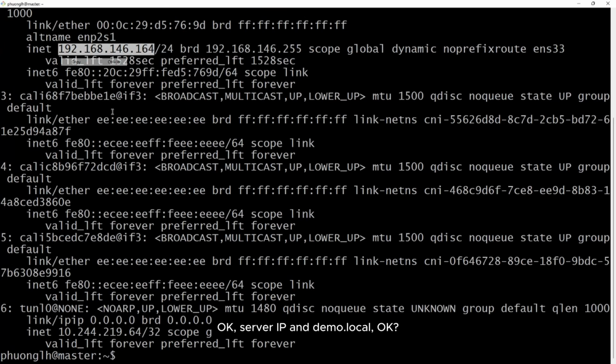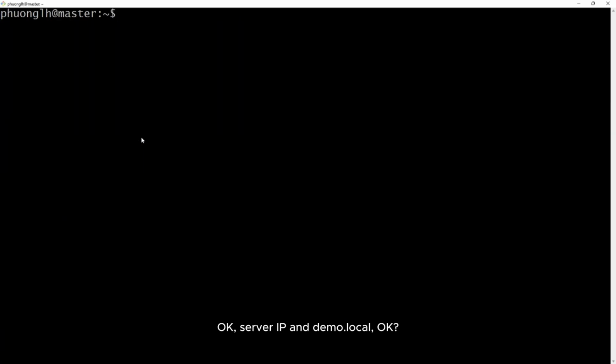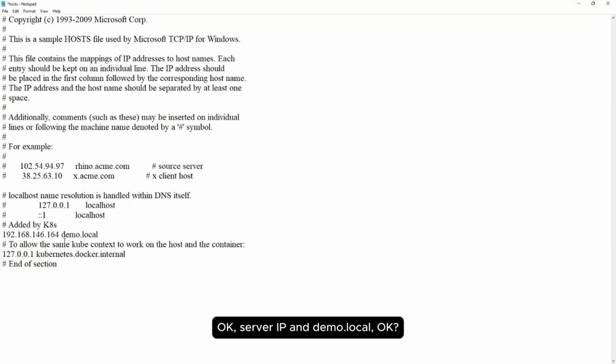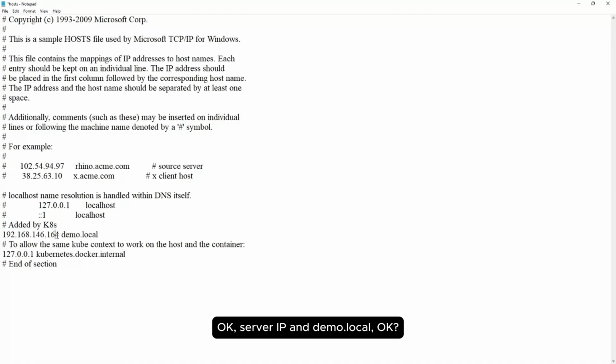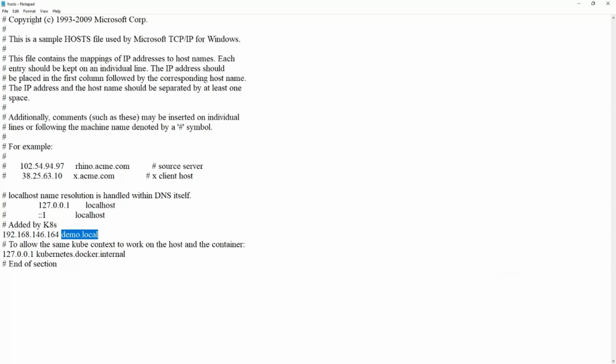Okay. Server IP and demo.local. Okay. And save. And finally, open the browser and enter.